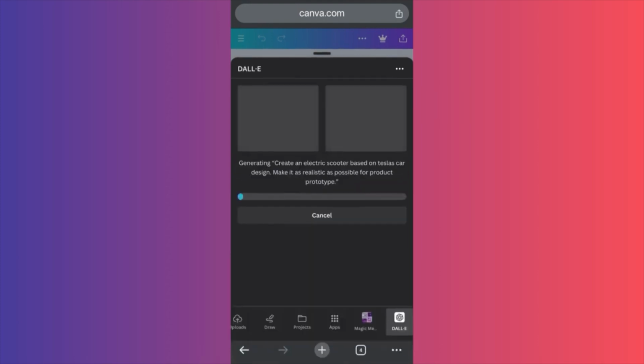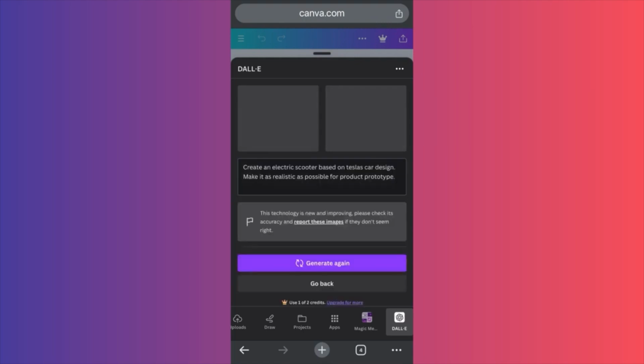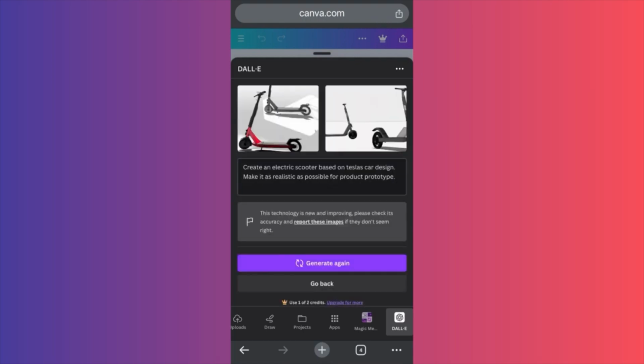Boom, let's generate and let's see what results we're going to get. With DALL-E, we're going to get only two variations of the prompt in terms of content. With Magic Studio, you're going to get 4 each time. Also, the credits that you're going to get with DALL-E are much less versus the credits you're going to get